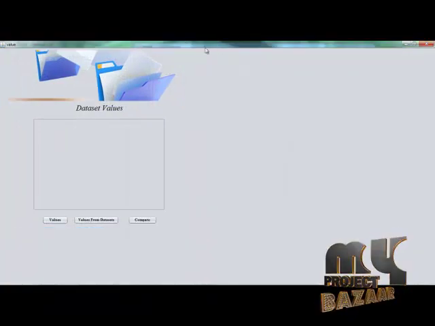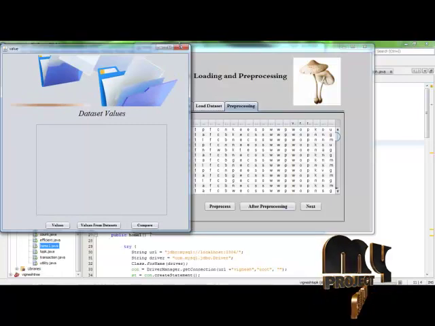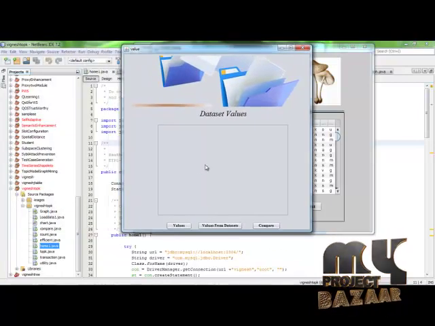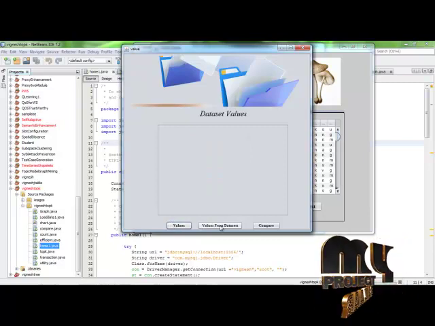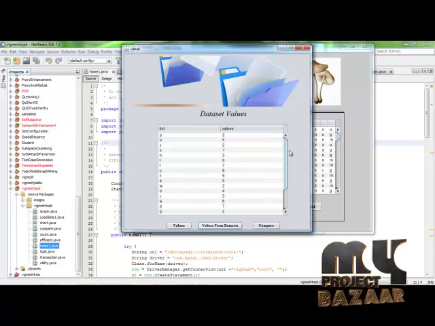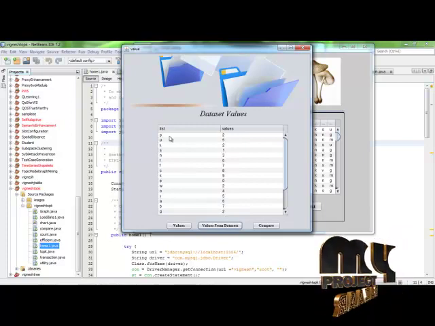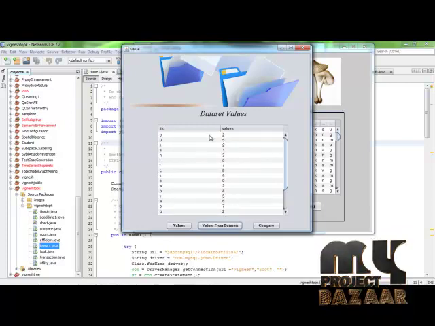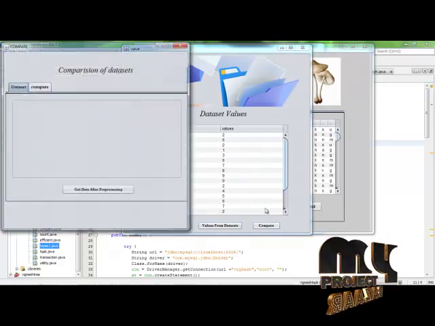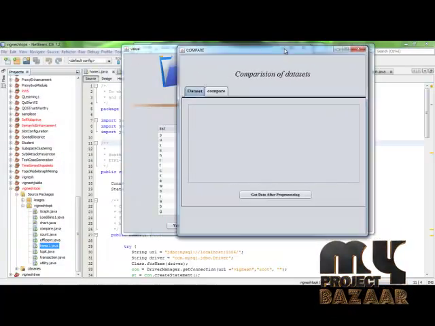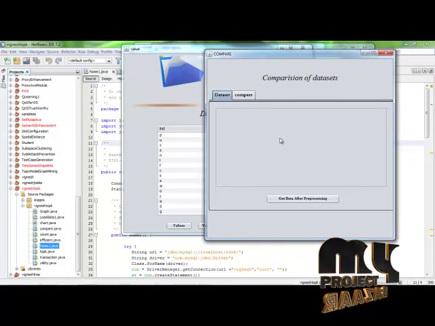After that, we want to separate the values in the pre-processing from the data set. We have to insert the values in the data set, and after that, these are the values related to the data set. It is an item selected from the data set, and these are the related values for the related item set. We have to compare the total data items to the data sets for the values.